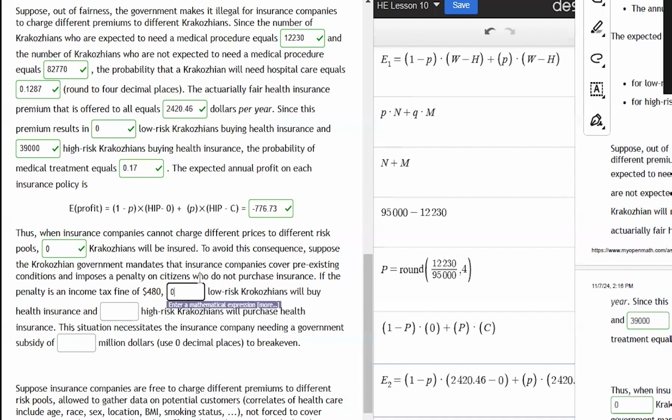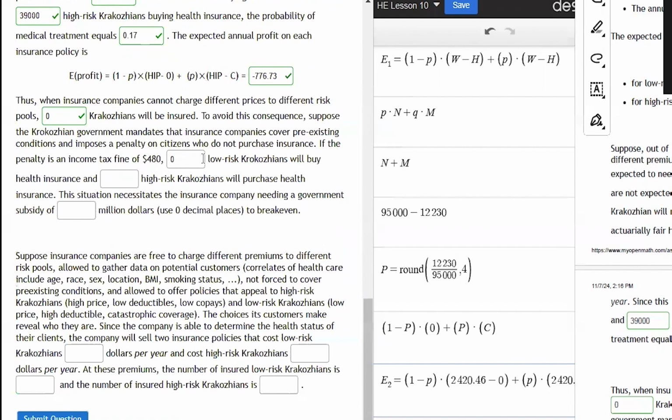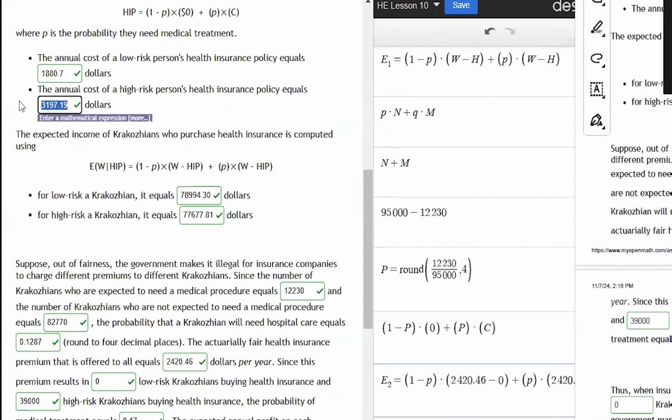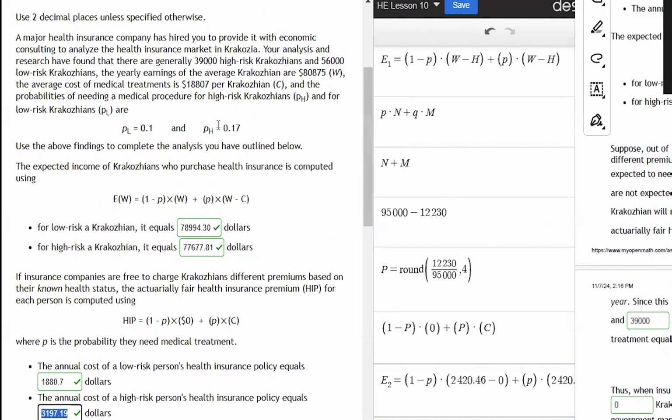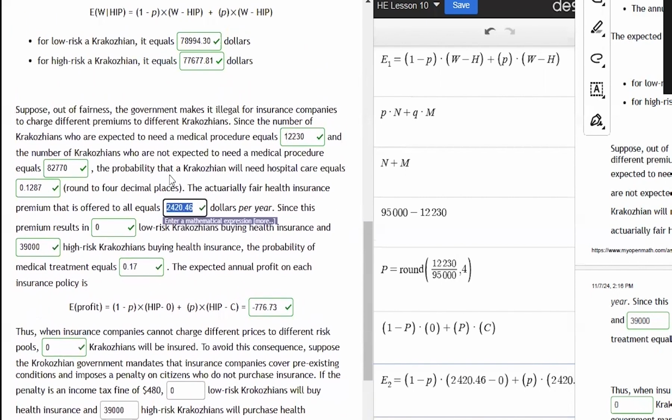If for some reason during the course of the year, a low-risk Caucasian needs the medical procedure, what that person can do is enroll in the insurance and pay this premium to avoid paying that cost. So under this policy, zero low risk Caucasians will buy health insurance. Now, because this premium is seen as a good deal for high risk Caucasians, they're going to insure. And there are 39,000 high risk Caucasians, and all of them will insure because, again, they see this as a good deal. It's lower than their maximum willingness to pay,